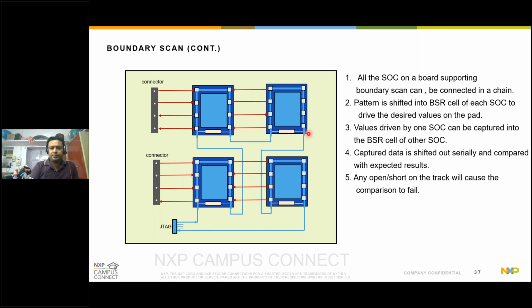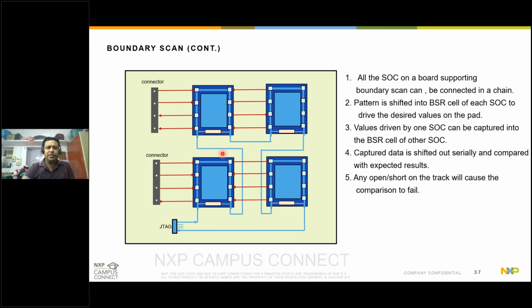Just to add, while we are testing or targeting a specific IC or a specific SOC, we need to bypass the previous ones or the next ones in the series. Basically, you only deal with the specific SOC at that particular moment for testing the interconnects. And of course, there are other tests which you carry out inline for testing the seamless connectivity of the entire series.